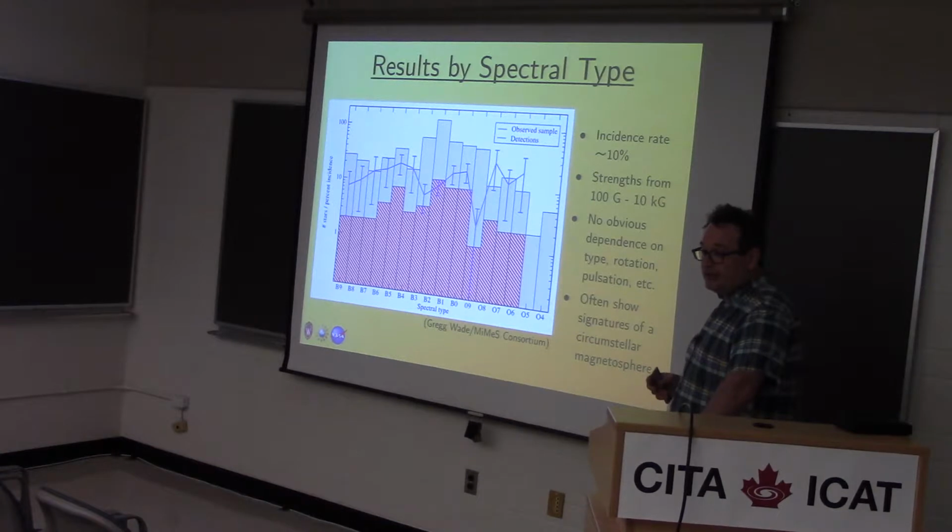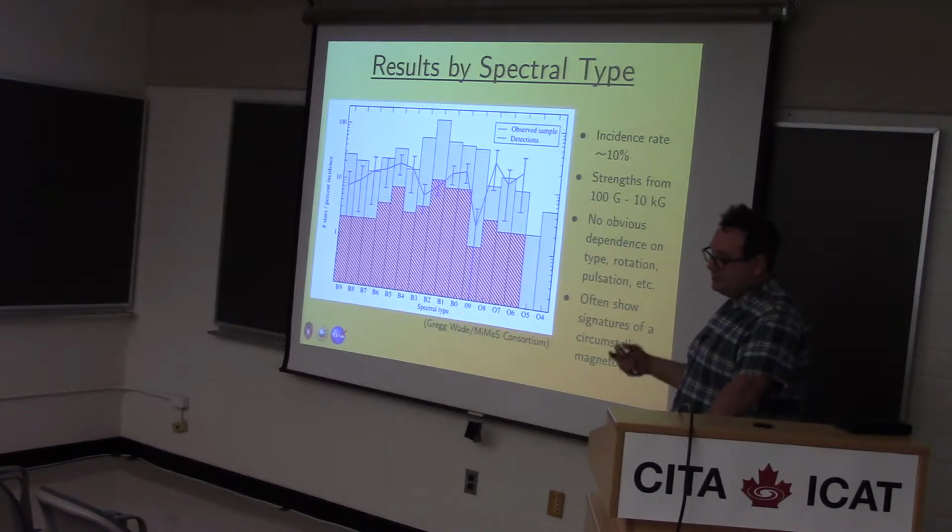So at the moment, the origin of the fields is still a mystery, but we think that the fields may be remnants of fossil fields that were threading the protostellar nebula, that somehow were swept up during the collapse of the nebula to form the star and didn't get shredded in the process. There are some models that have been advanced that if the protostellar field is too weak, it does get shredded by instabilities. But these are the stars that somehow have had a field that's strong enough to survive that shredding process. Okay?